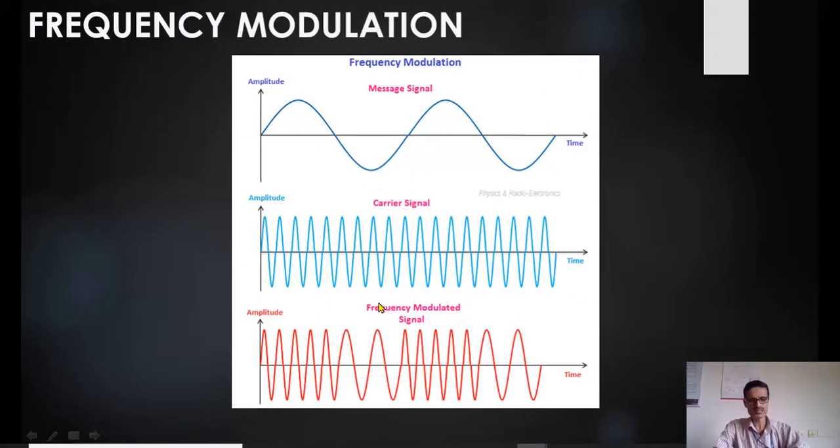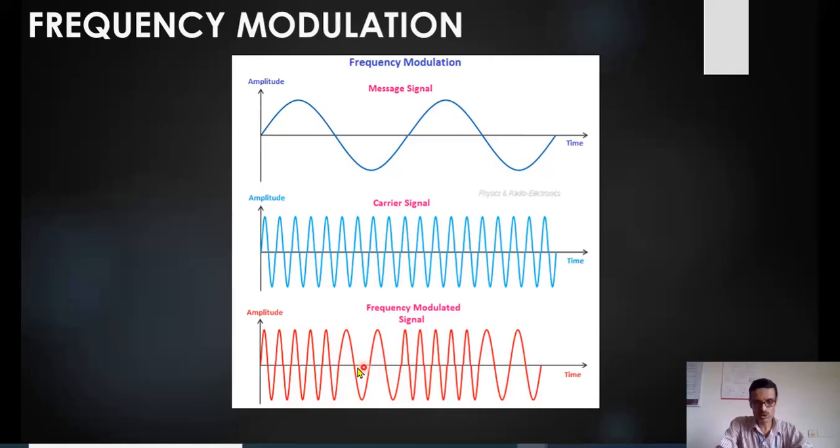The second one is a frequency modulated waveform. Again, I have a message signal and a carrier signal. Just look at the frequency of this carrier. The peak amplitude remains the same; the peak amplitude of this signal and this signal are the same. We are going to change the frequency of the carrier. Just look at this, the frequency is continuously increasing as the amplitude increases. As the amplitude decreases, the frequency is also decreasing.